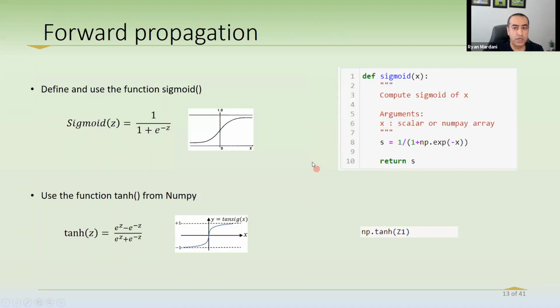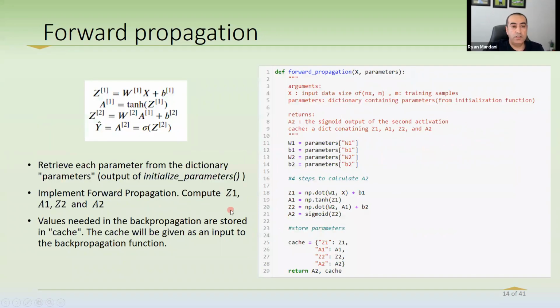The sigmoid function is very helpful for us. We can define it very simply, it is not very complicated. We can define it as 1 over 1 plus NumPy exponential of negative the input. We can also call the tanh function from NumPy, or we can derive it very simply by ourselves. In the forward propagation part, now we are going to